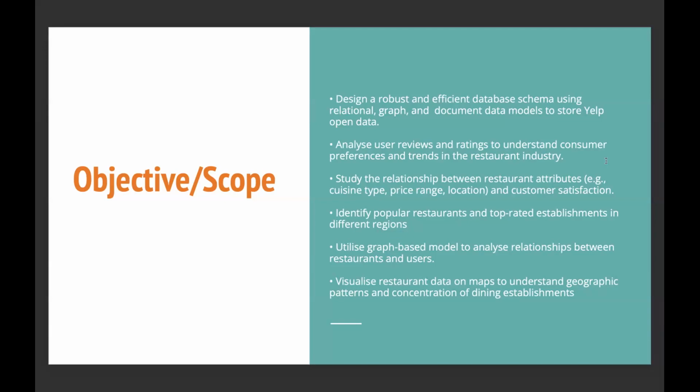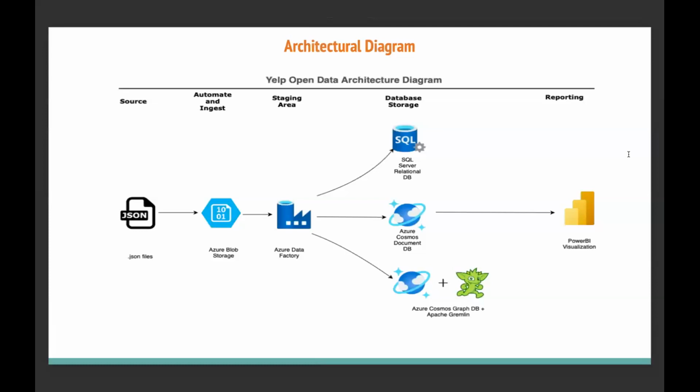We have identified popular restaurants and top-rated establishments in certain regions. And we are utilizing graph-based models to analyze relationships between users and restaurants. For our project, we have also utilized Tableau to visualize restaurant data on maps to understand geographic patterns and concentration of dining establishments. So Yelp Open Data is found in the source of JSON files, which can be downloaded from